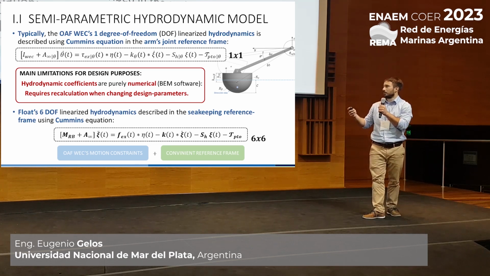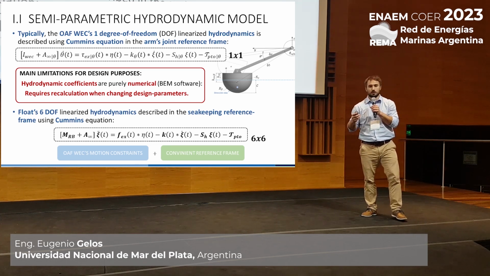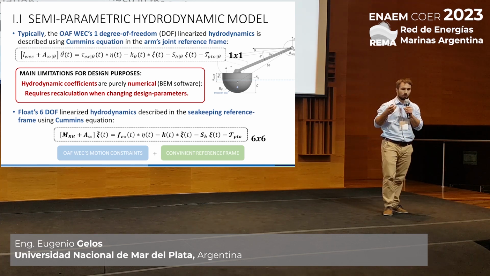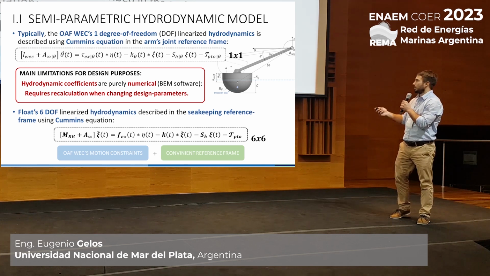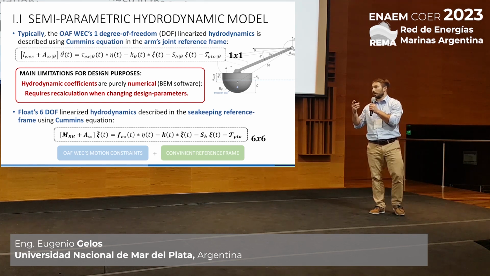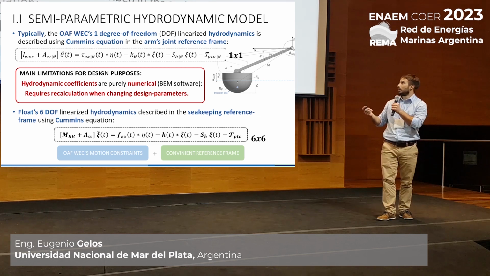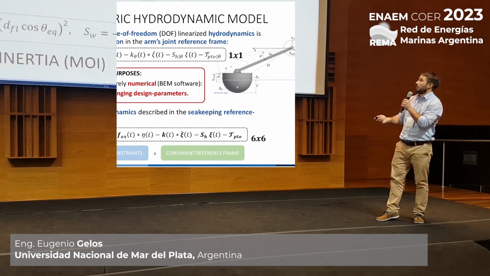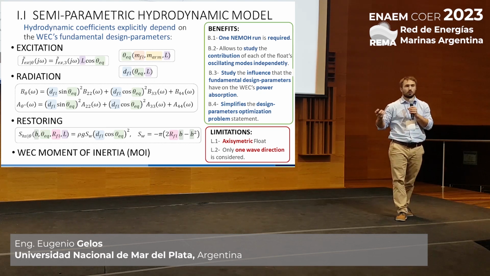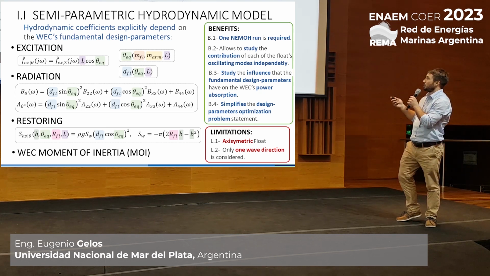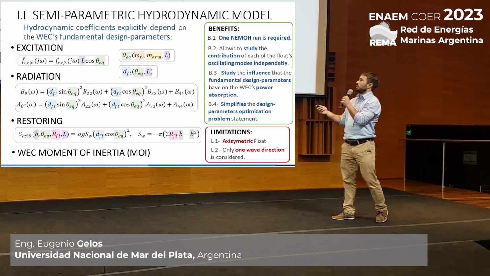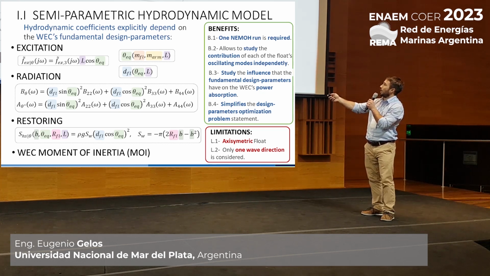Then, by adding the WEC's specific motion constraints and choosing a convenient reference frame to state the problem, we can reduce these 6 equations of motion to only a one-dimensional semi-parametric equation. In this formulation, the excitation, radiation, restoring, and also the WEC's moment of inertia explicitly depend on the WEC's fundamental design parameters, such as the angular